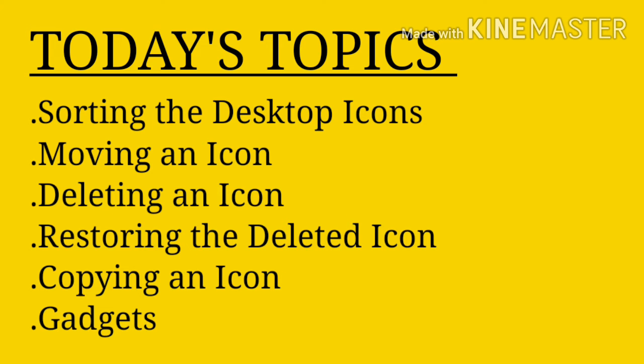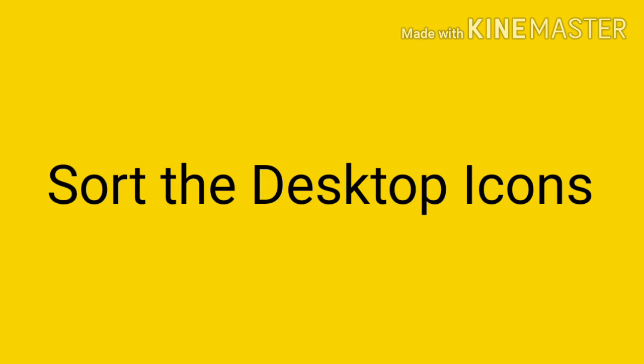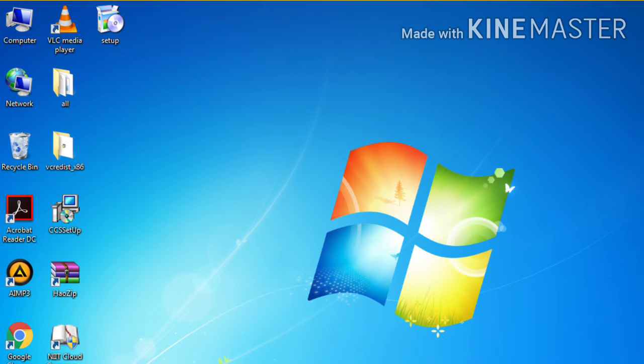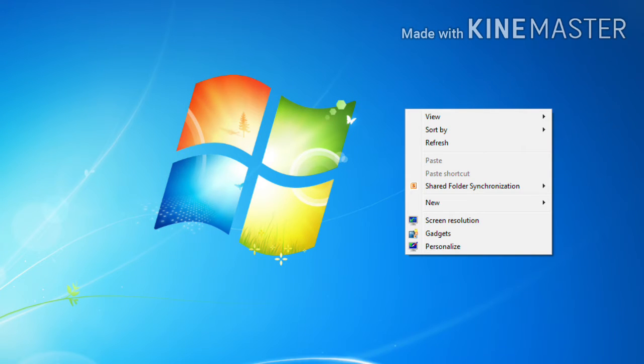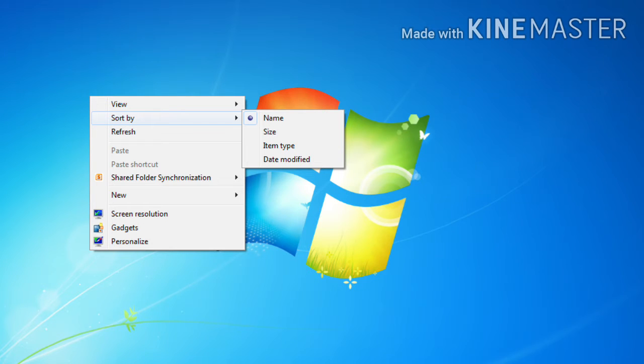So let's start with sorting the desktop icons. Here you can see different desktop icons. First, right click anywhere on the background. After that, the context menu will appear just like this. Here you can see the sort by option, and when you click on it, a sub menu appears which consists of 4 options: name, size, item type and date modified.